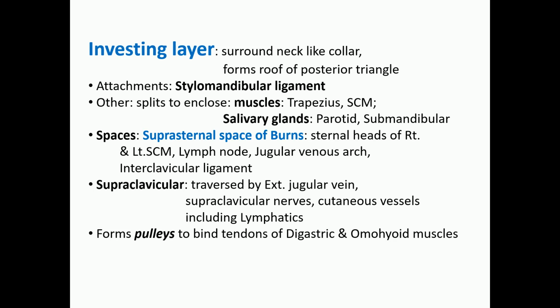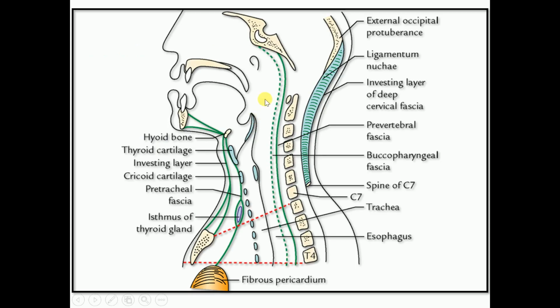posterior triangle. From the posterior aspect, when we discuss the attachment of the investing layer, it attaches superiorly to the external occipital protuberance that is present on the occipital region, then the superior nuchal line, then the mastoid process and the lower border of the mandible from behind to forward. And the inferior attachment of the investing layer is the spine of the scapula, then the acromion process, the upper aspect of the clavicle as well as the jugular notch of the manubrium sterni from behind to forward.